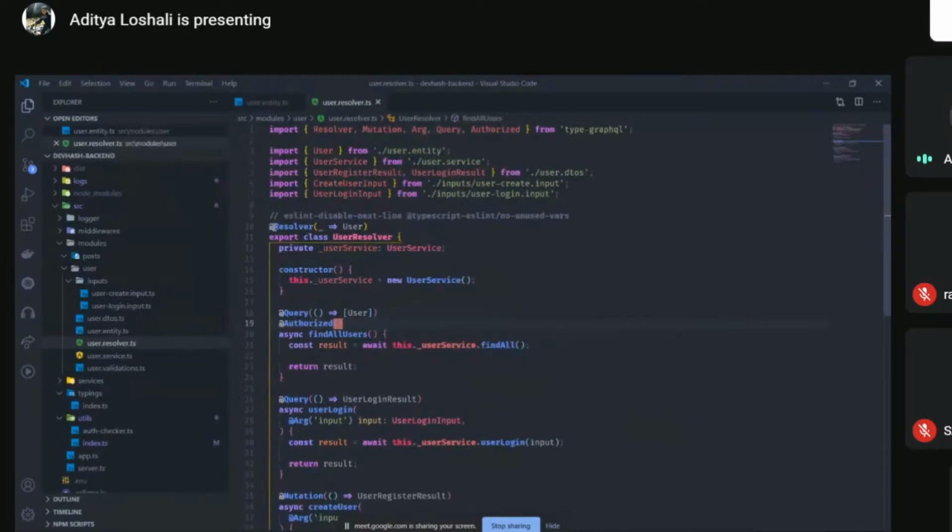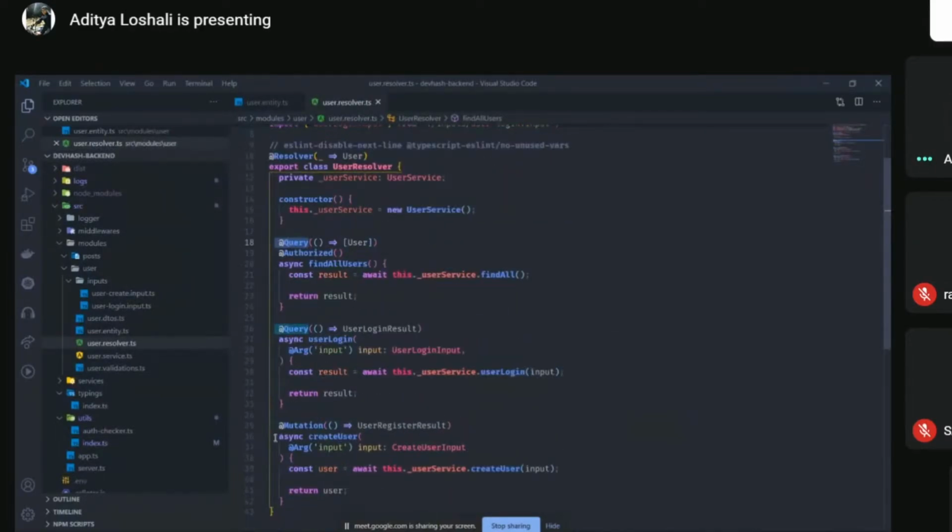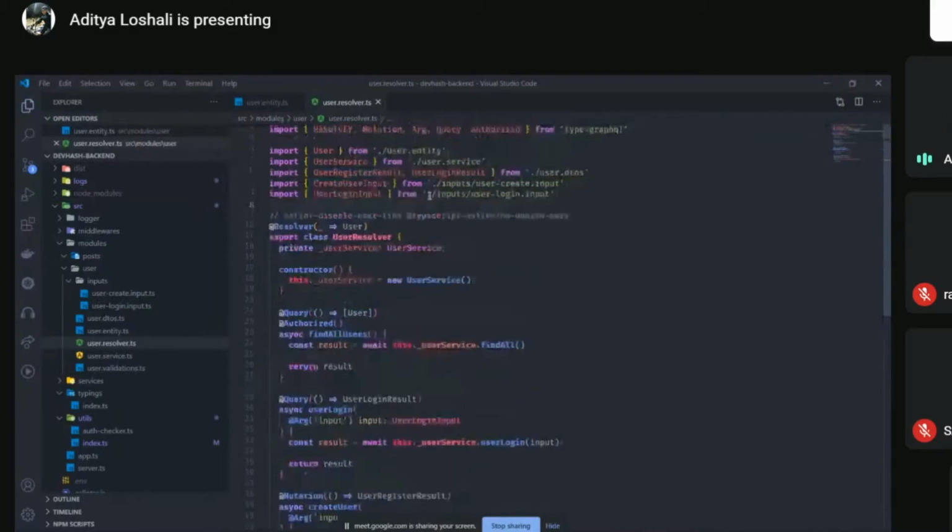So we have the resolvers here. We had the queries here, also the mutation. But what is the return type of those queries and what is the input type of those queries is defined in different files. So for example, I have a user login file. For that, I imported the user login input from here, inputs.